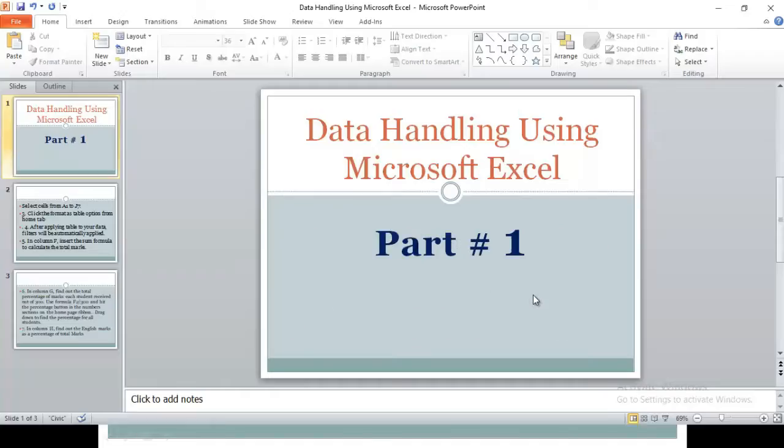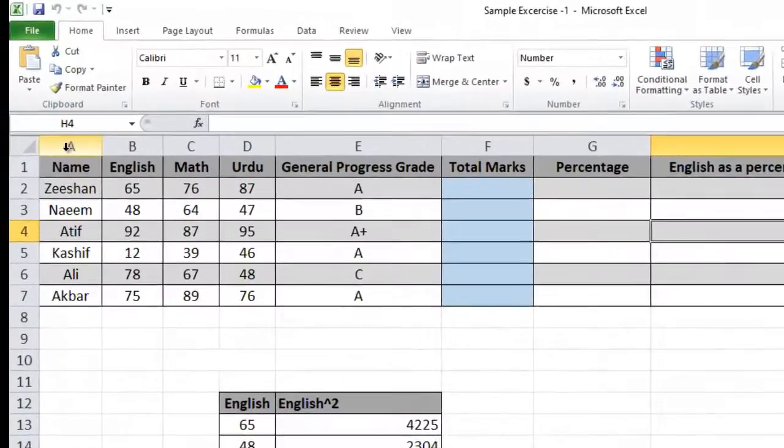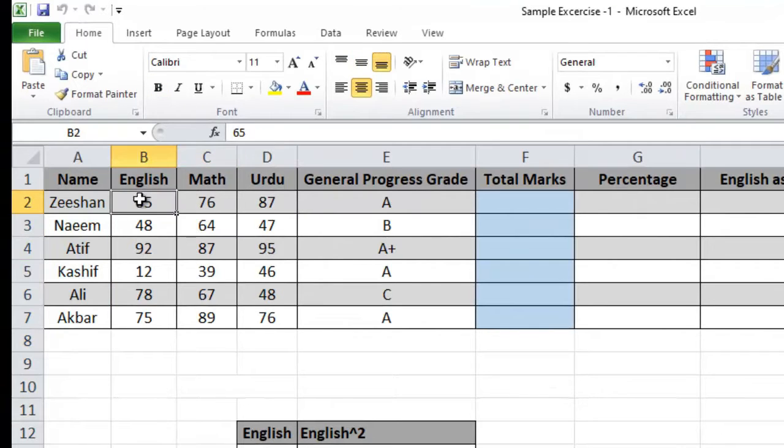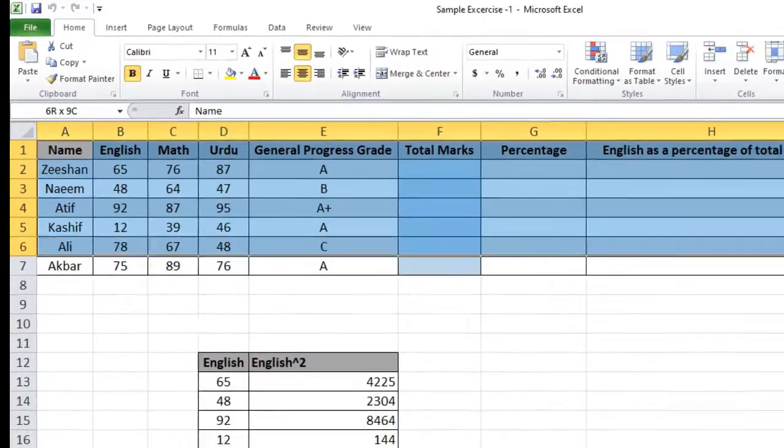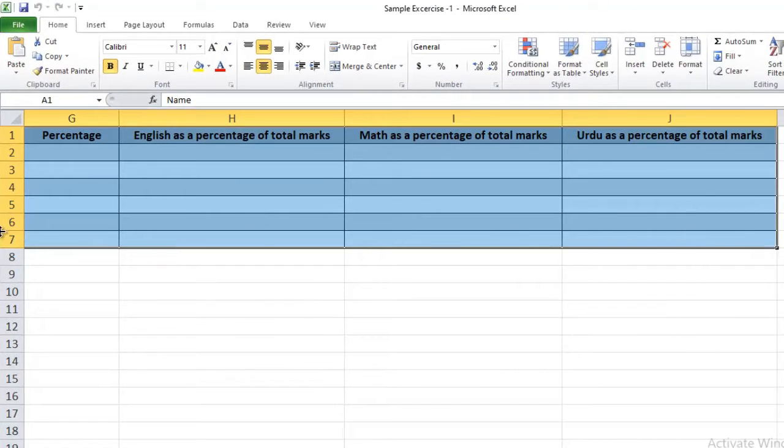Let's try this. Let me go back to my Excel file. First of all, we need to select cell A1. This is cell A1. Can you see over here? When I select this cell, in the Name Box it will appear A1 over here. Now I want to select this. When I click here in the middle of this cell, it will turn into this plus sign. Click, hold and drag till J7. Look, here's J7.